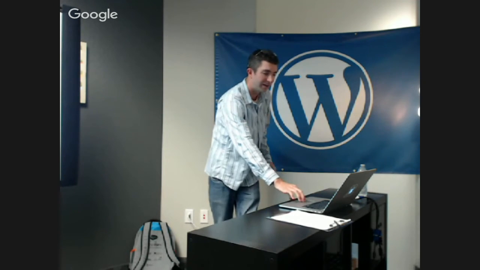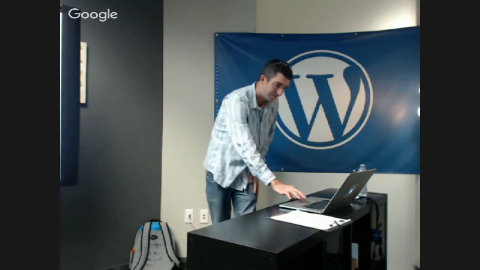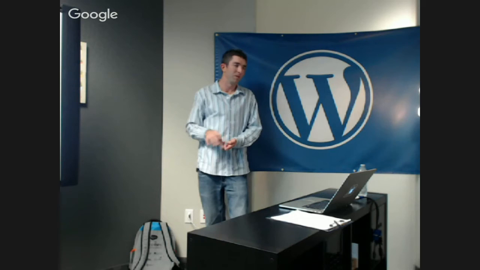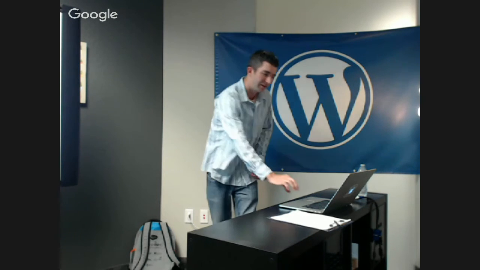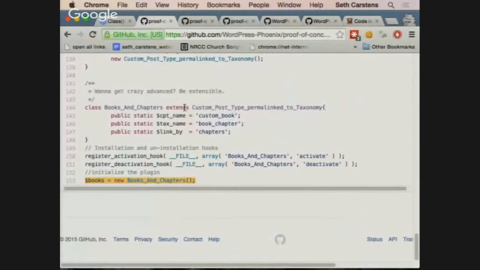There are just reasons why not to use the singleton model. And so I use a late static binding model instead that lets you come back in. And because all my functions are static, it doesn't matter if you call it again. You're going to create another custom post type if you call it again, but you're not going to break anything because it's static. So it doesn't rely on information that's stored in the class. The reason why I did, well, I did basically what you said. All I did here was I created books and chapters based on the custom post type permalink taxonomy. And I guess the reason why that's important is just because